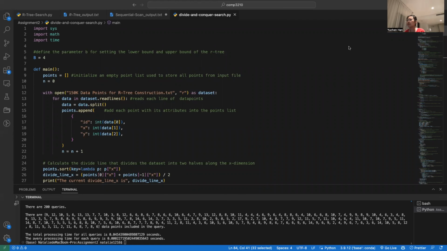Next, I will move on to the third method, which applies the divide and conquer technique in array-based search. This program is quite similar to the array-based search. All the functions in the array class and the node class are the same. The only difference is that instead of constructing one array using the entire data set and traversing through the whole array while answering the query,